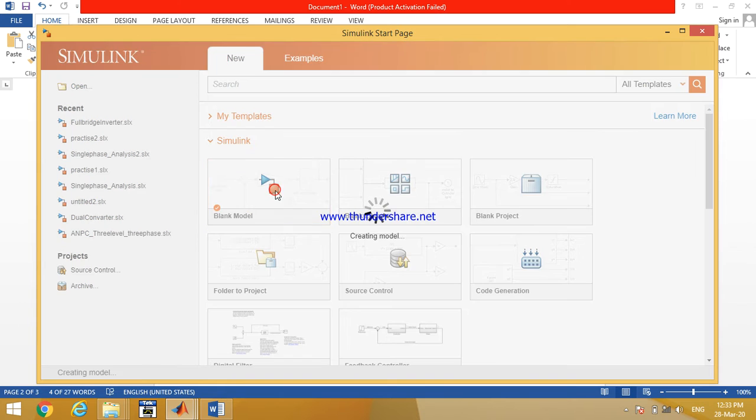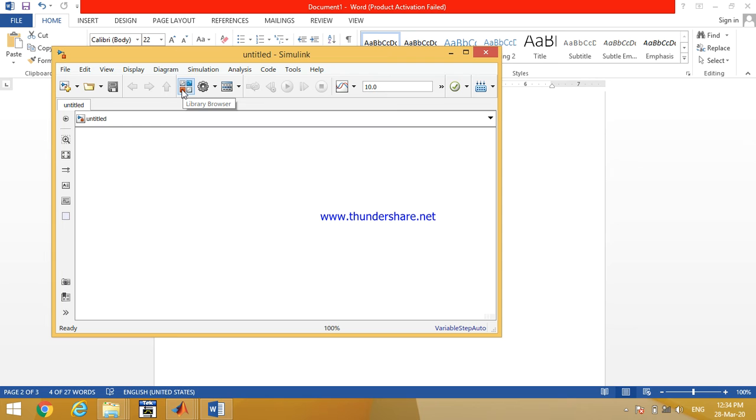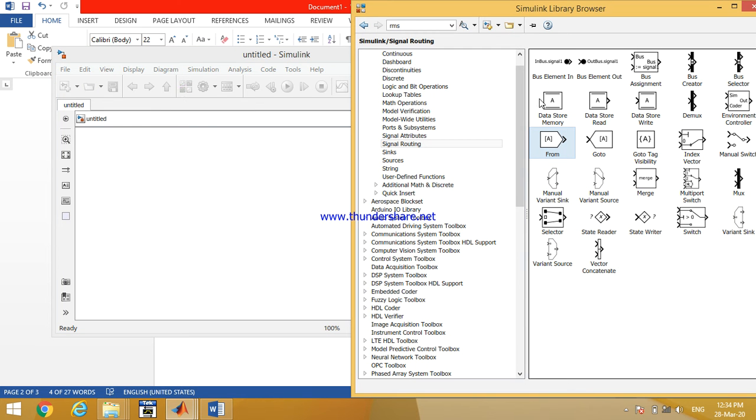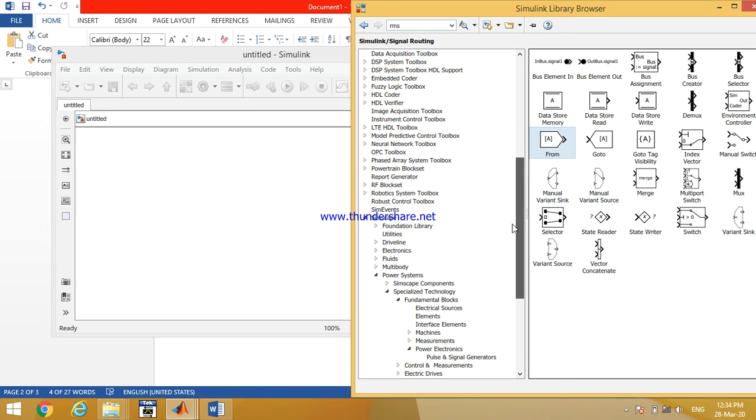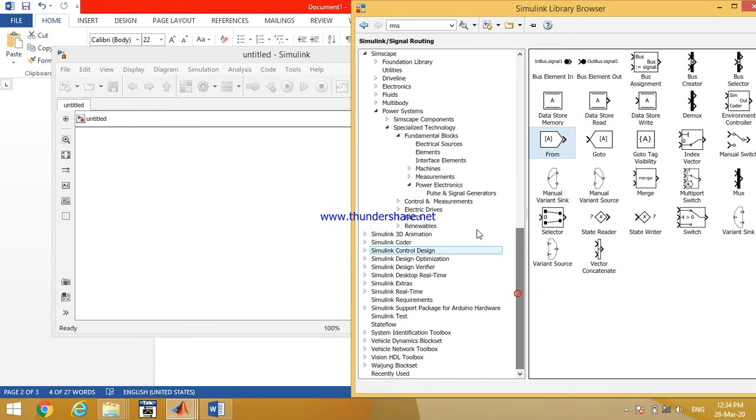So we'll select the blank model, and from the blank model we'll go to the Simulink library browser, and we'll take all the necessary components that